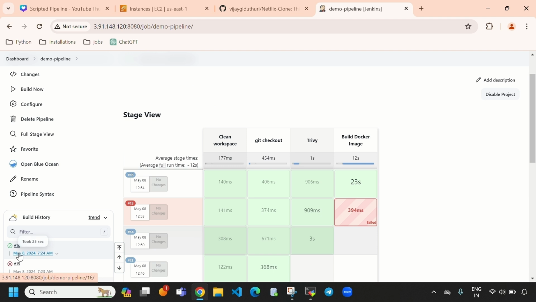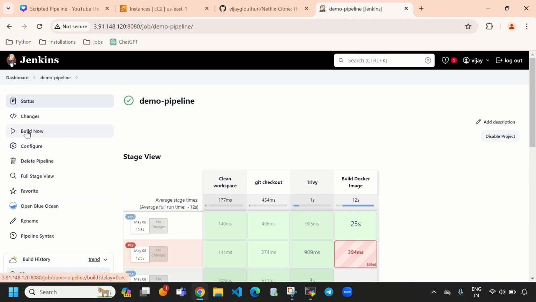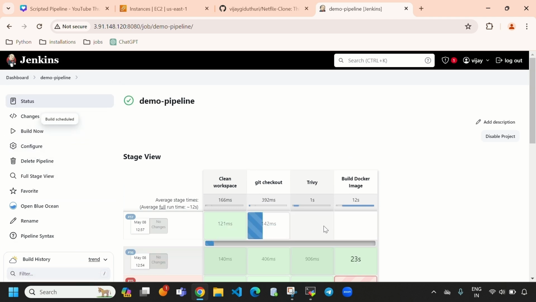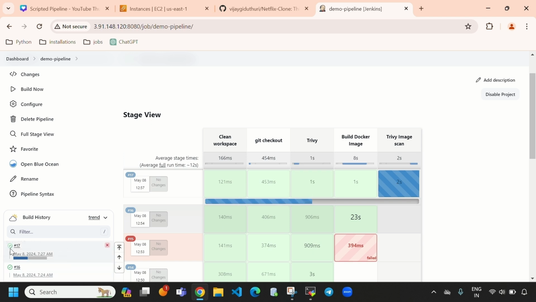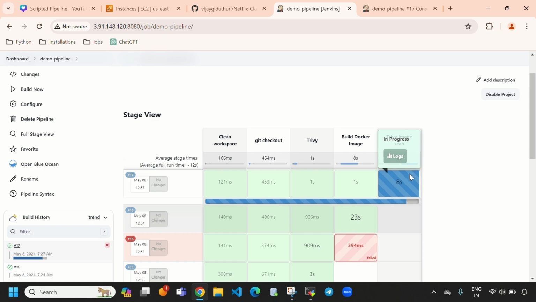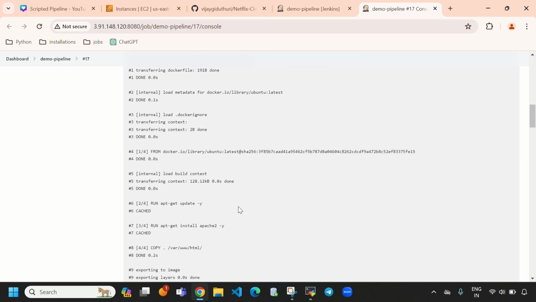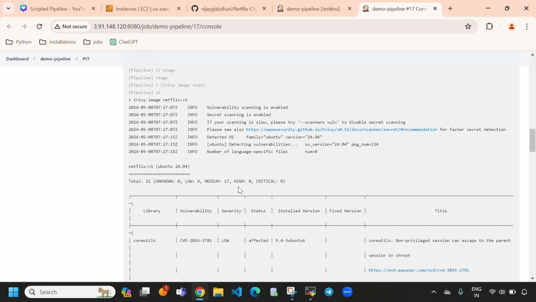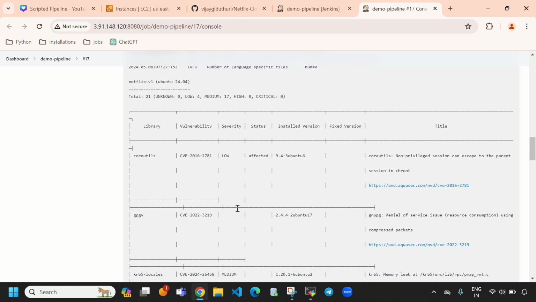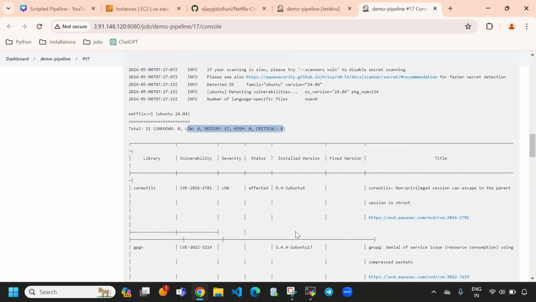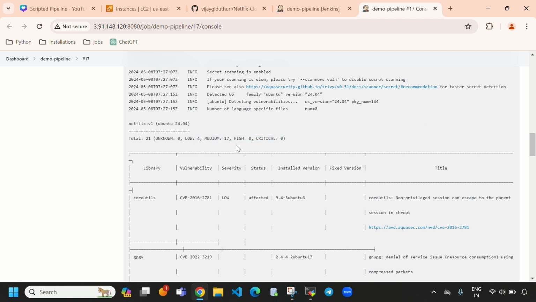Here you can see right now we are in the 16th build. When I select build now, you can see now the 17th build. Here you can see git checkout is going on, and here you can see Trivy image scan is going on. If you want to see this in console output, sorry, Trivy image scan means a Docker image scan. Here you can see this is all the Trivy image scan. That means Trivy has scanned our Docker image, and it was displaying vulnerabilities like low, medium, high, critical, and everything. Here you can see low is 4, medium is 17, high is 0, critical is